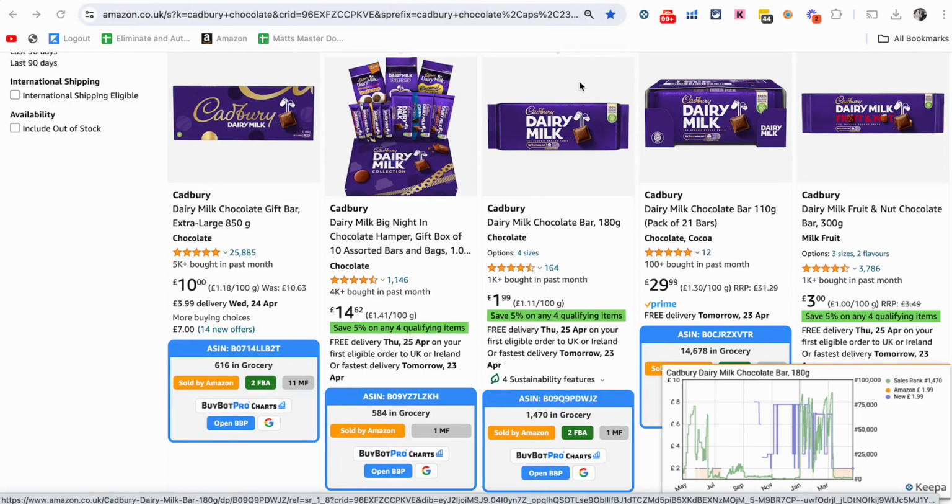Keepa, the Amazon software, which to us Amazon sellers is the software that is the gift that keeps on giving. So recently, over the last couple of weeks, Keepa's made a massive update to its software to give us a little bit more information, how many estimated monthly units an ASIN may be selling over the period of 30 days